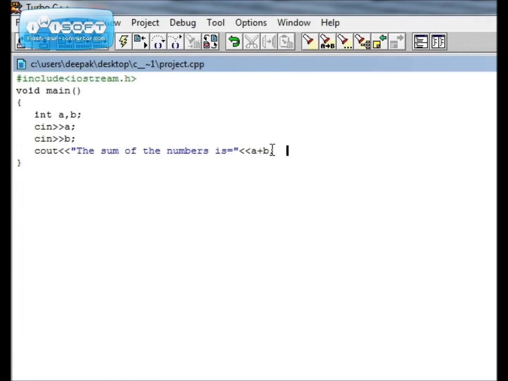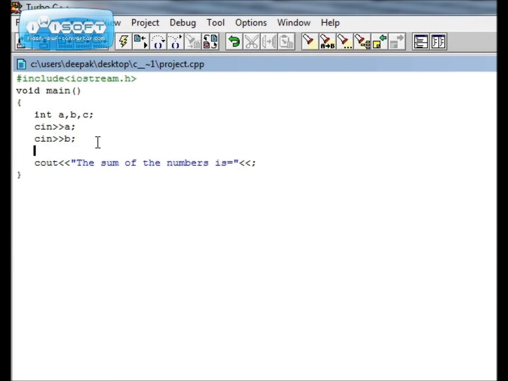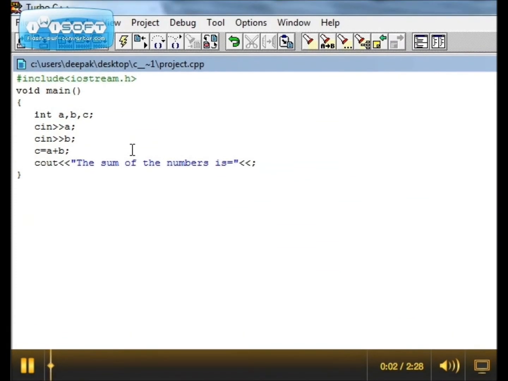Now the second way of doing this is we declare another variable c, and after the input values we define what c is. c is equal to a plus b. Now the value of c depends on a and b.